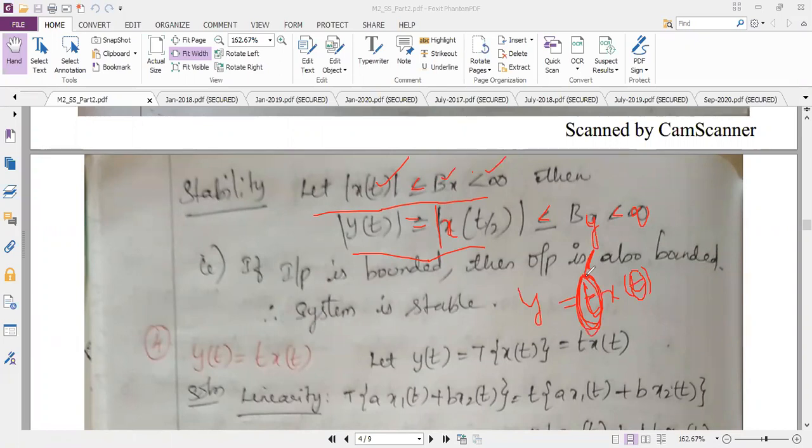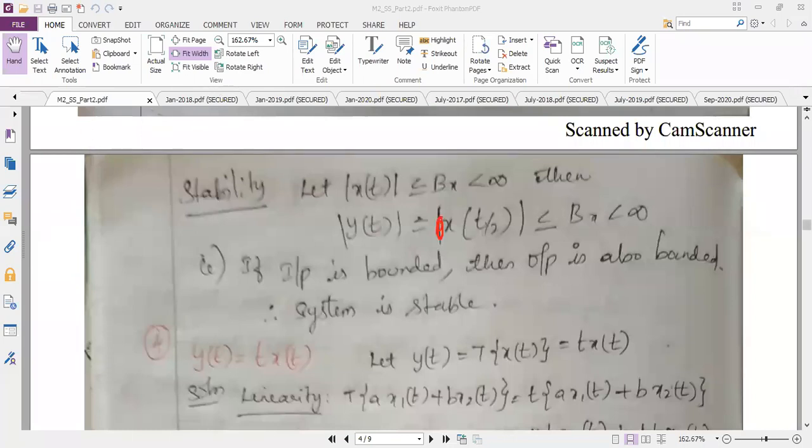If you have the product, then I can say my output will not be bounded, because the t can take any value. If this bigger value of t is multiplied with x of t, then I cannot say my outputs will be in the bounded range. It can be out of the range. So I will tell you the hint for this unstable with the help of another problem. If nothing is multiplied with x outside it, then all those problems come under stable only. Okay. So now I will go to the next problem.